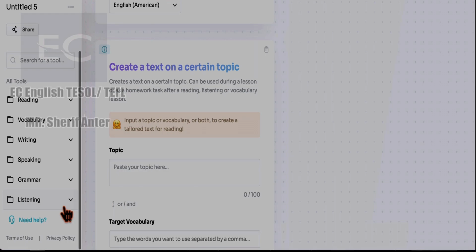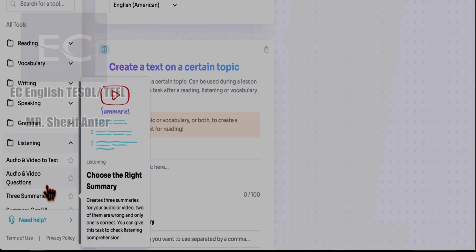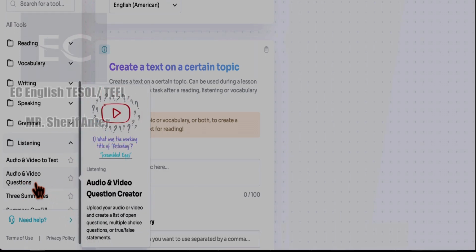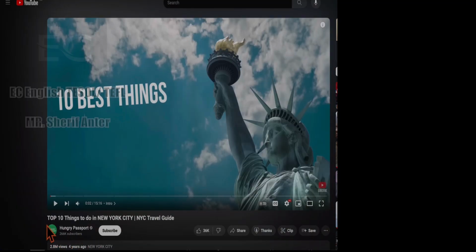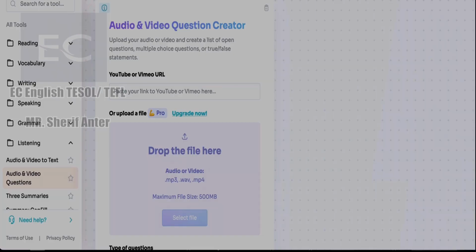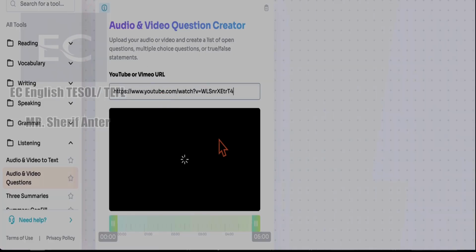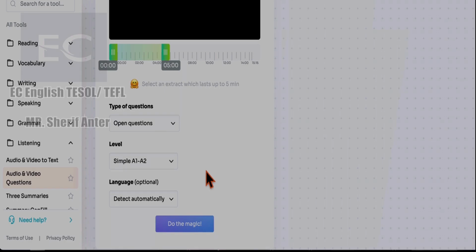So for listening, you can open the listening menu and then you scroll down and then you can choose audio and video questions. Once you click here, you can actually choose any YouTube video and you can copy the link in this box here, and this tool will generate questions for you. So for example, this video here is about the top 10 things to do in New York City. So you copy the link for that video and you put it here, and then if you scroll down, you